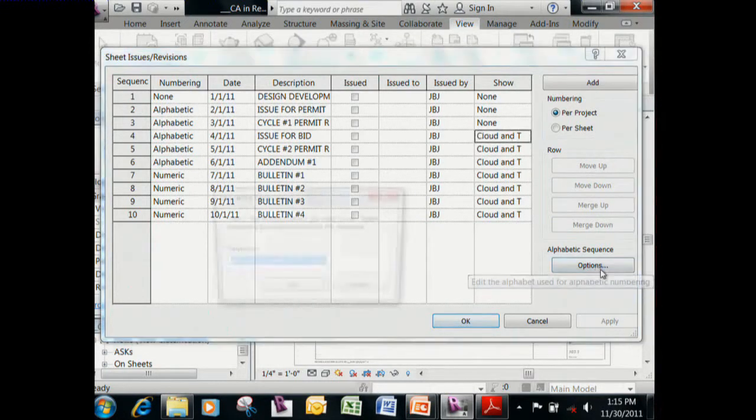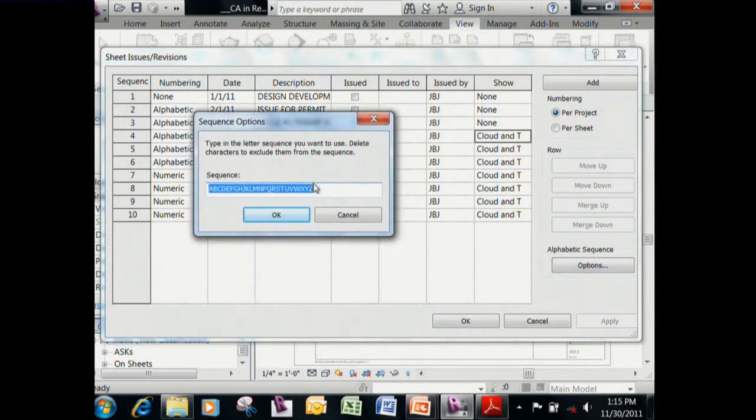So here the alphabetic sequence allows you to take out some letters. Really the most common use I've found for this is that it allows you to take out O's and I's so they won't be mistaken for 1s and 0s. And then